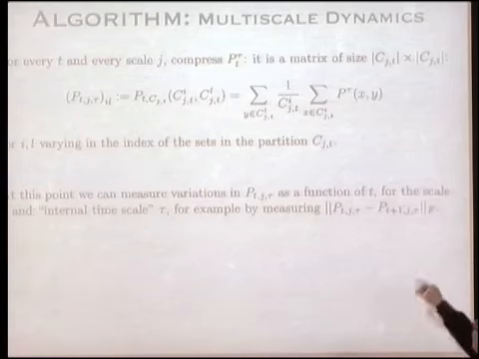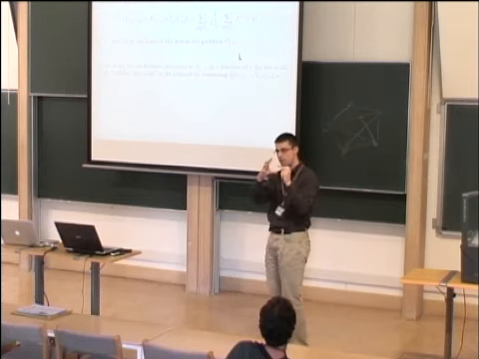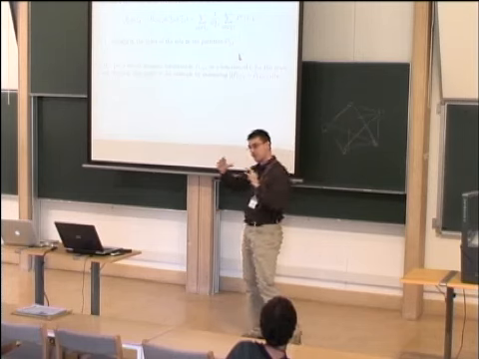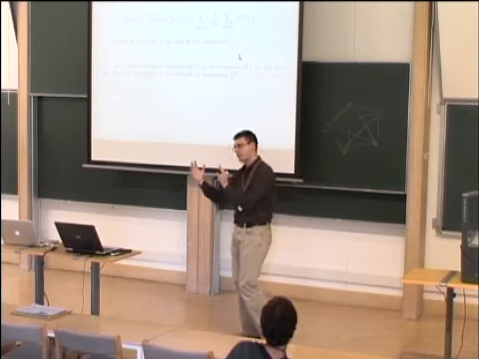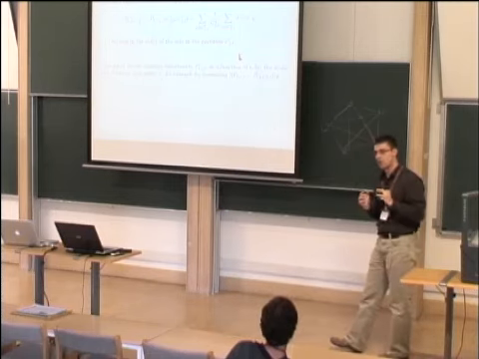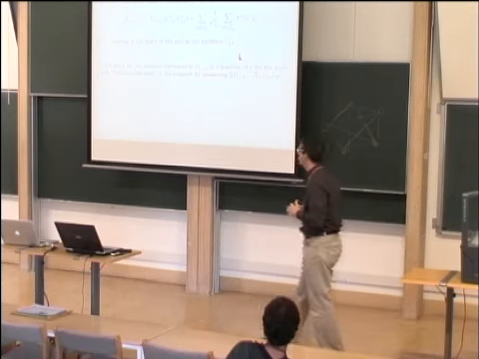And now we can ask, how much does this random walk change when you go from time t to time t plus 1? And why are we using random walks? We're really using random walks because they're a very stable object. They're measuring all possible ways of going in a certain number of steps from one partition to another. Now, if this number changes a lot from the graph at time t to the graph at time t plus 1, it means that something pretty drastic has occurred. Lots of edges have been severed, or the weights of many edges have been changed, and so on.